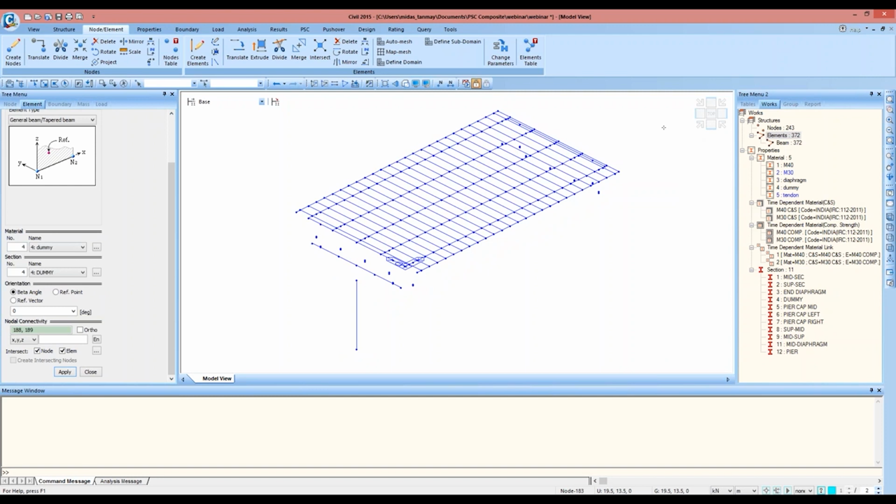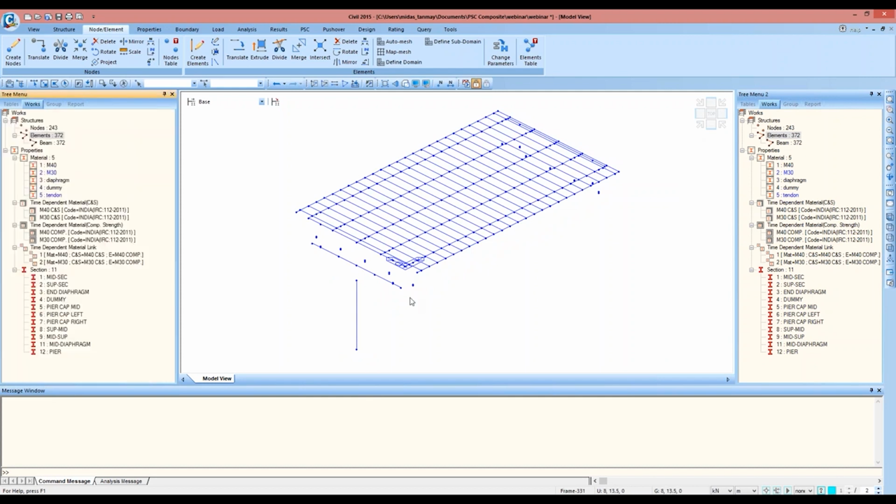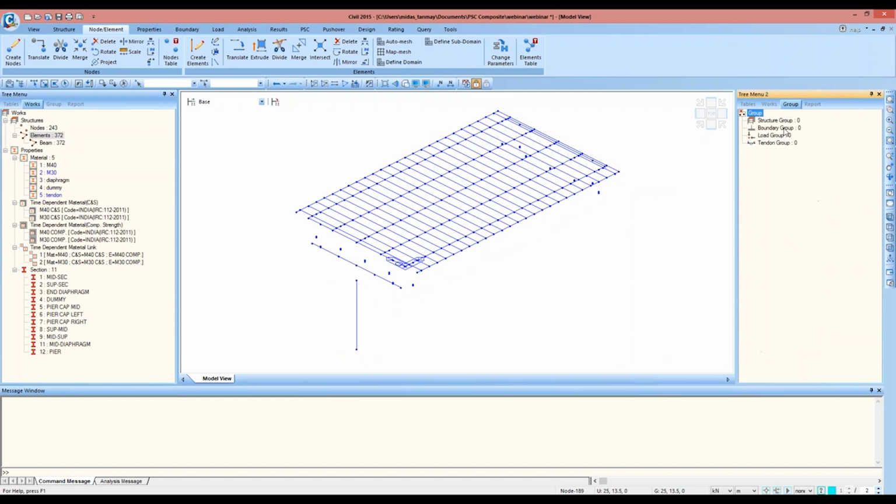And so now before making an exact replica of this to the left hand side, I'll add the boundary conditions as well, and that will again be replicated on the left hand side. So for doing that, first of all, I'll have to add groups. So I'll go to groups, boundary group, new, and I'll name it as substructure boundary group.